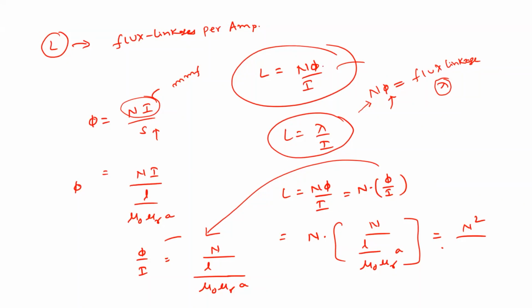This is the definition, right? From the definition of inductance, you can write: flux linkage per ampere. So that is inductance. This is the one you're talking about. Yes, sir. These are the flux linkages per ampere current. So that is the definition of inductance. From the definition of inductance, we write this N phi by I.